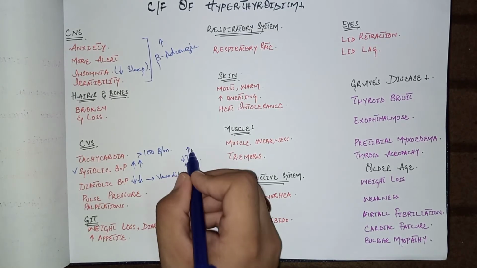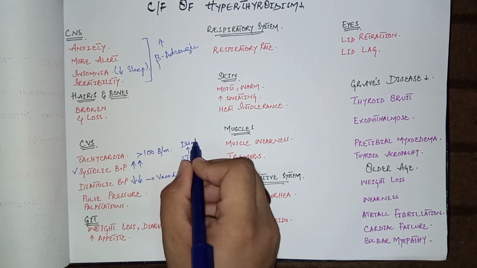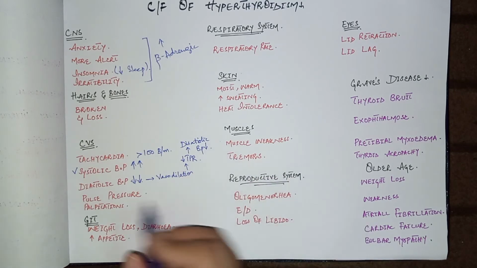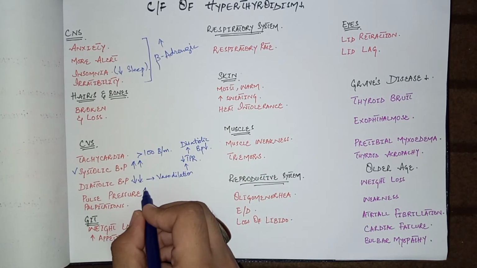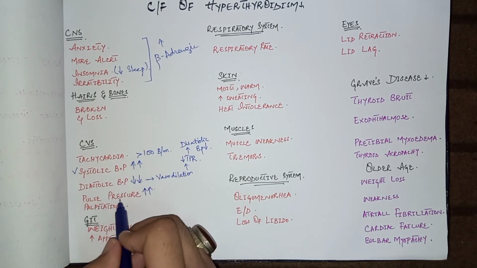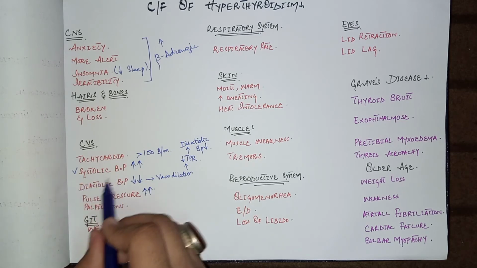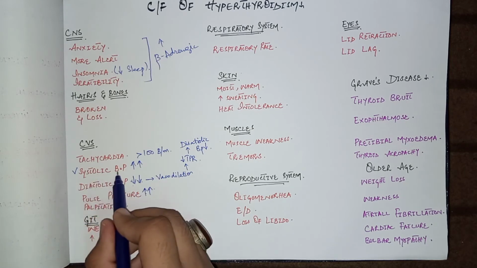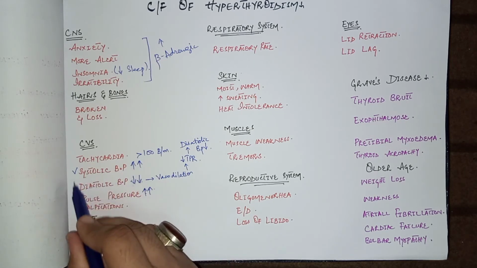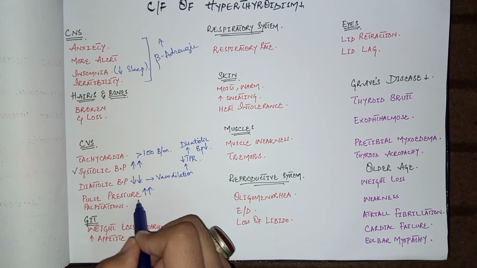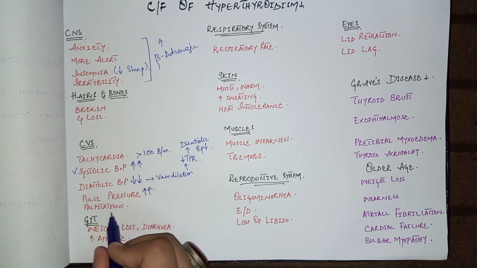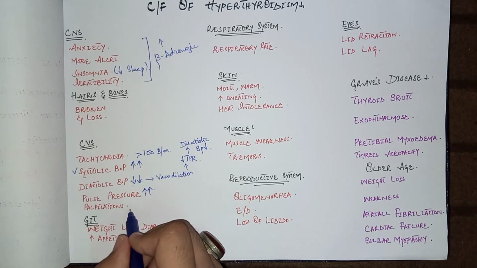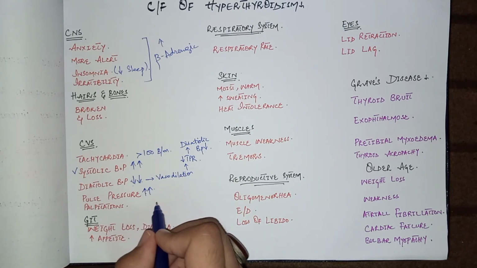Due to decreased total peripheral resistance, diastolic blood pressure is reduced, and the pulse pressure is very high. The pulse pressure is the difference between the systolic and the diastolic pressure. When the diastolic pressure is reduced while the systolic blood pressure is high, the difference between these two is also high. Pulse pressure is high in this case, and the patient also has features like palpitations, that is, an unpleasant sensation of the patient's own apex beat.